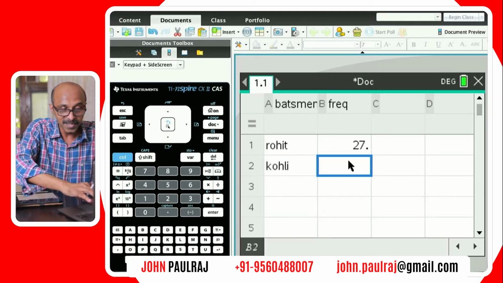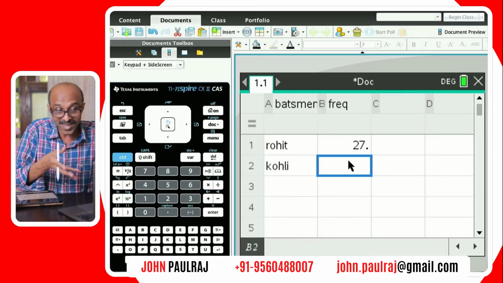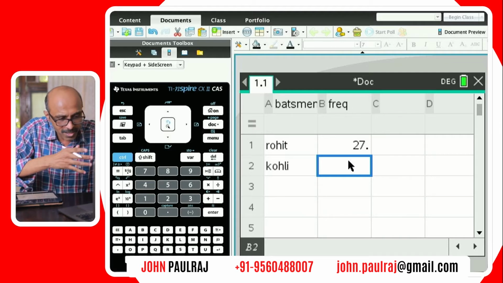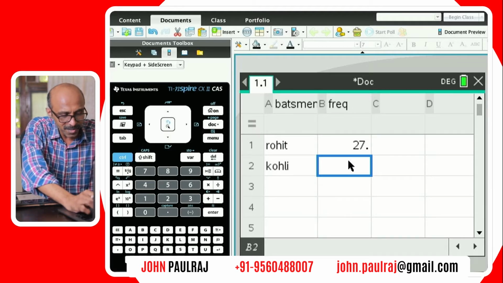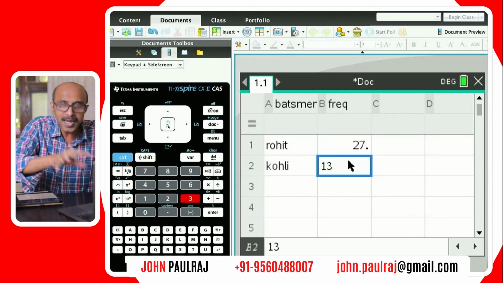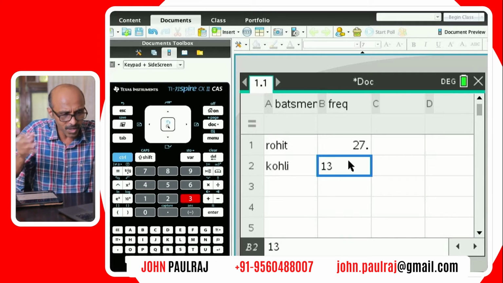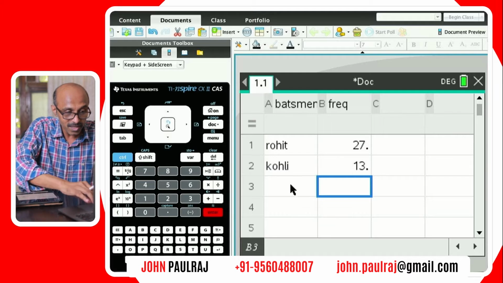How can we do any example without the name Kohli there? Okay, if it's cricket. So let's say Kohli. This is nothing against you, Virat, my friend. Let's say that out of the 50 people we spoke to, 13 people preferred Kohli. All right, how many do we have now? This is about 40 already gone. Okay, so the other batsman.